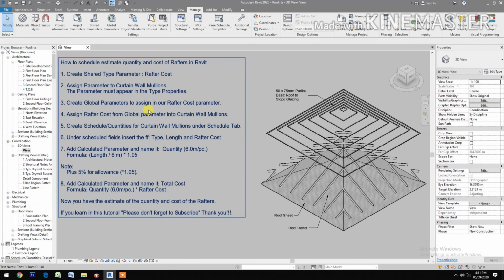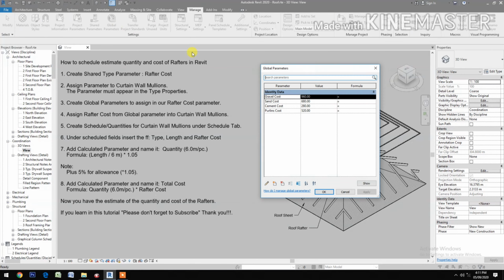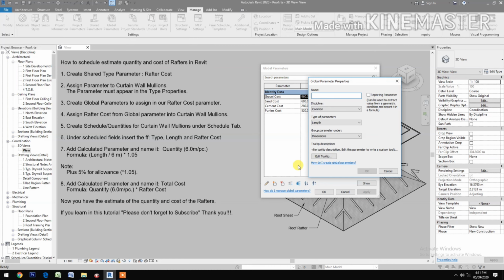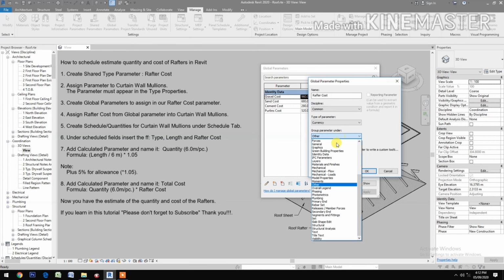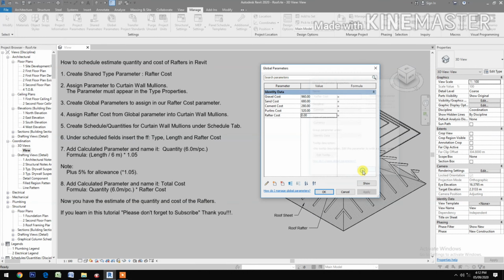create global parameter to assign in our Rafter cost parameter. So we go to global parameter, create new, name it Rafter cost, type of parameter, currency, identity data. Okay, let's put price, say 1,200, apply. Okay,